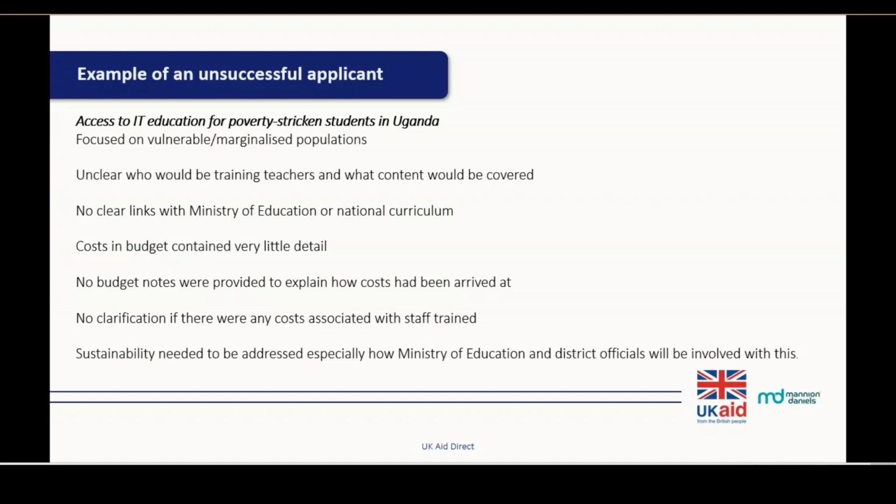I've got one other, which I don't have the slide for, unsuccessful application feedback. So this was about increasing access to clean water and reducing waterborne diseases in a district in Tanzania. The reviewer had concerns with the intended approach and felt that it wasn't really addressing the challenges for water access. The applicant focused on describing the need across Uganda rather than describing the local context.